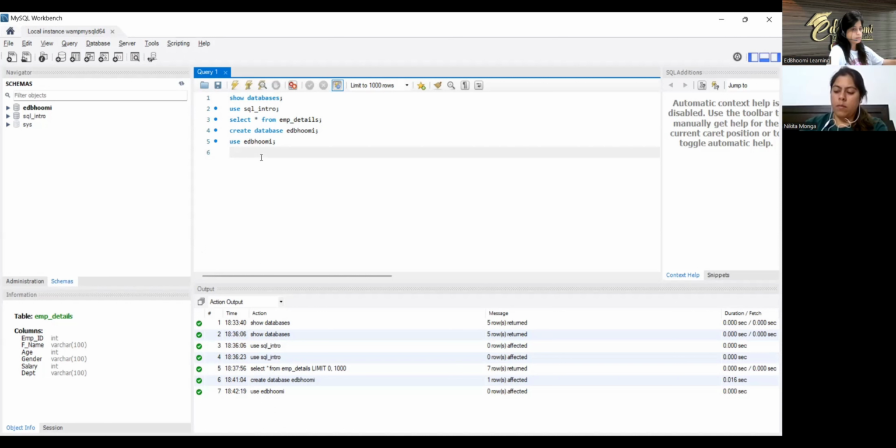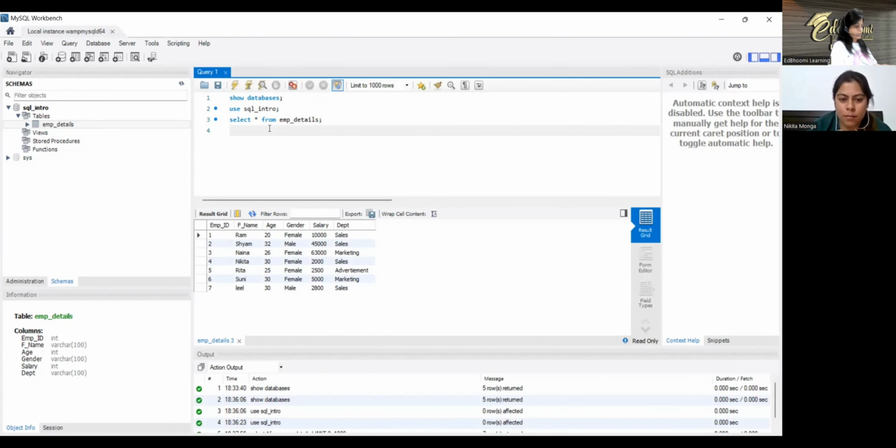Create. What name do you want to give? Table. So okay, so we want to create a database. So I'll write create